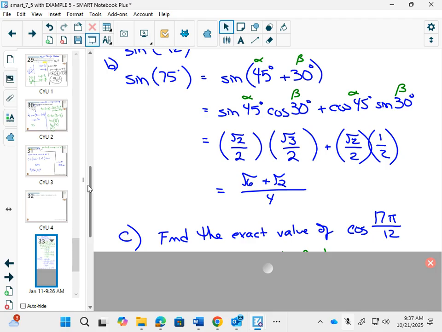No, you're not allowed to do the math on the other side. And what we're going to do